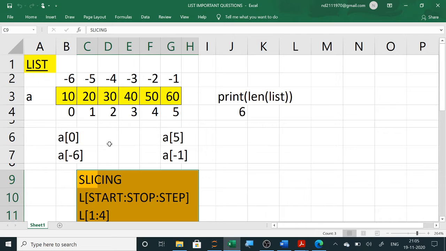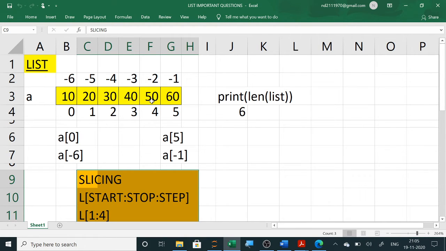Today we will do all the list functions. For accessing we were using the index position. If you write print A[0], it will display 10. Even if you write print A[-6], then also it will display the element 10. So A is the name of the list or array. Any element you can access using either the forward indexing or the reverse indexing. Slicing also we have done. We use start, stop and step values for extracting a set of elements from a list.